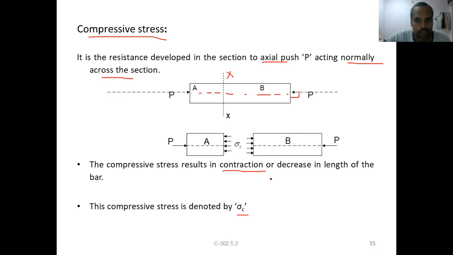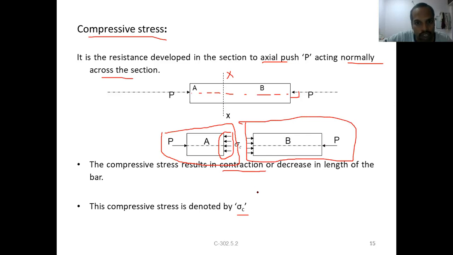Okay. So see this, be careful about these arrows. If one is acting towards this, the other shall act toward this only. Then only the entire body will be in equilibrium condition. Otherwise, if one is in one direction and the other also in the same direction like the previous one, then everything will be wrong. Okay, see this. Here is an arrow towards this one, here is an arrow towards this one. Then only the body will be in equilibrium condition. If you interchange those arrows, everything goes wrong. Right?